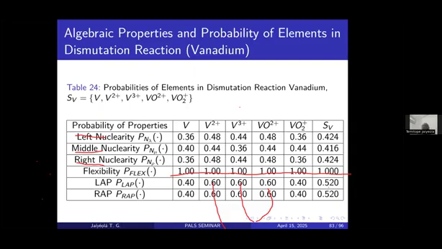Okay. Overall, for the hyperstructure itself, it is flexible. Only in these 2 cases, the lap and the wrap, does it have probabilities that are greater than half. For the other 3, as you can see, they are less than half.